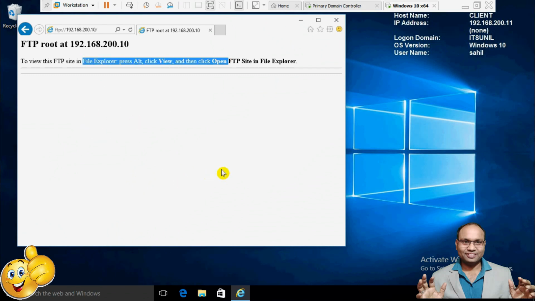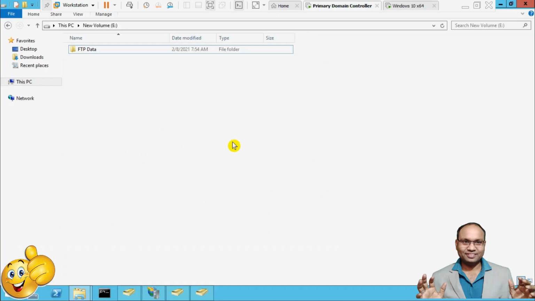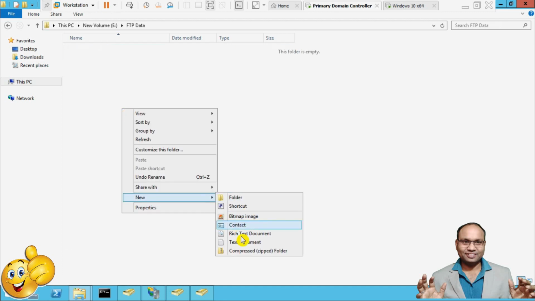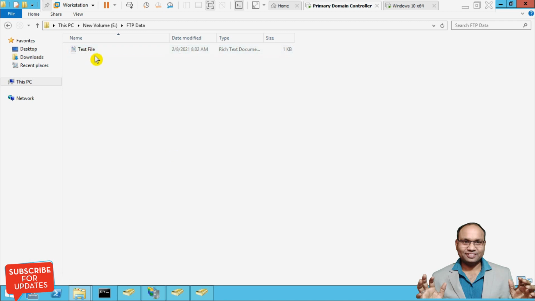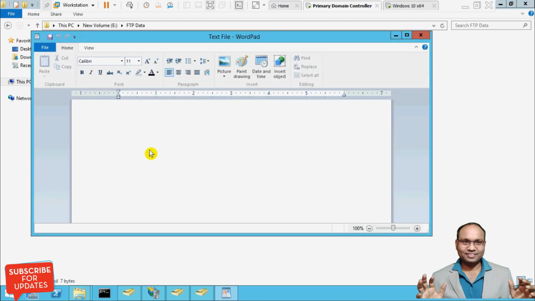There is no file here. So now I'm going to create a new file here, for testing purposes, a text file, in the FTP site.